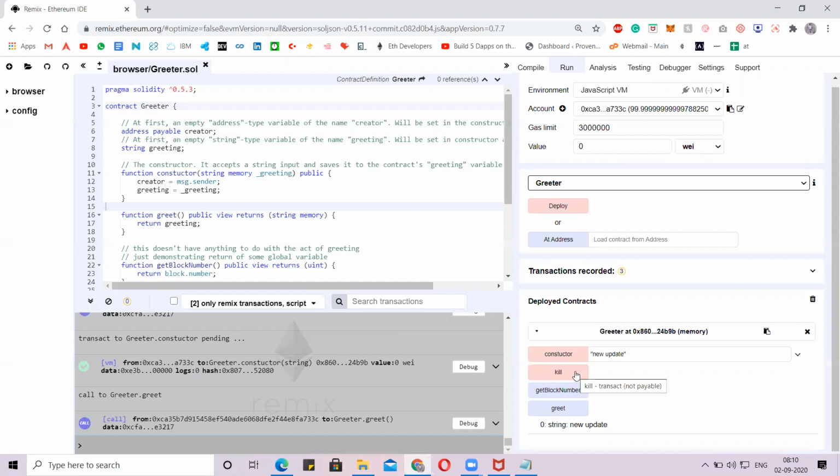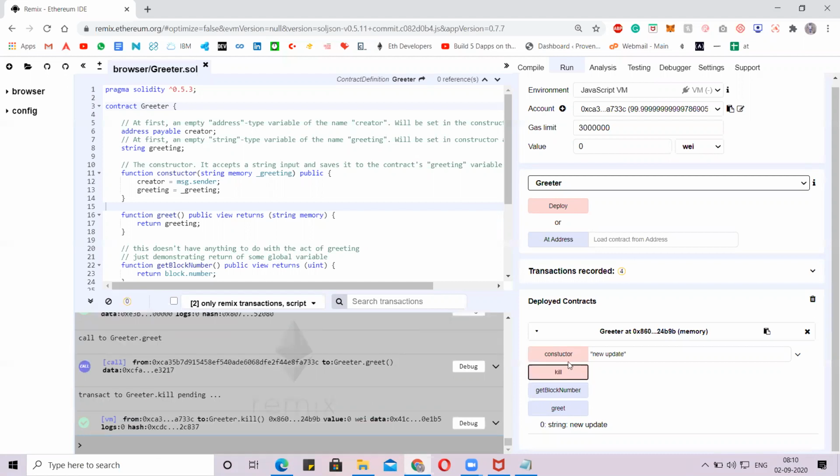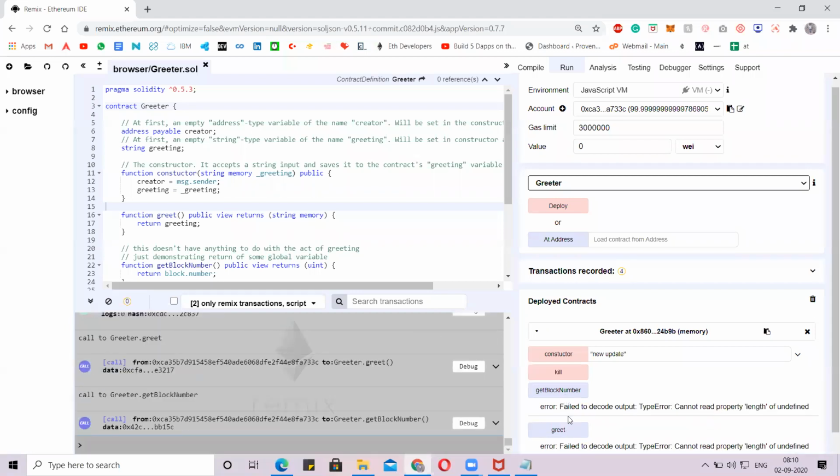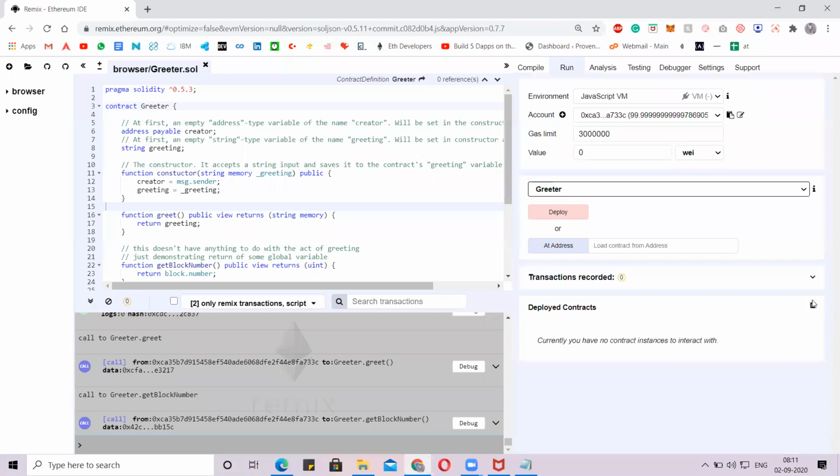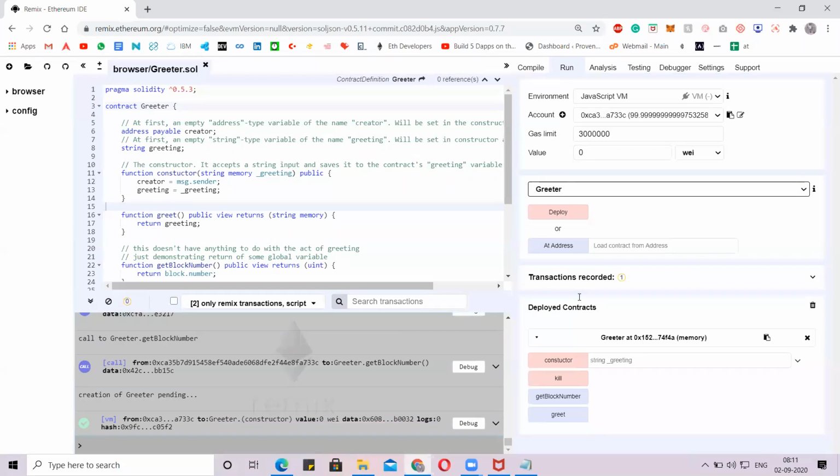Now this is what is killing the contract. There is no use of any functionality using this. By killing this contract we are done. There is no use of that contract, so as of now we'll move to deploy another contract and run it. Did everyone get the difference between update and delete?